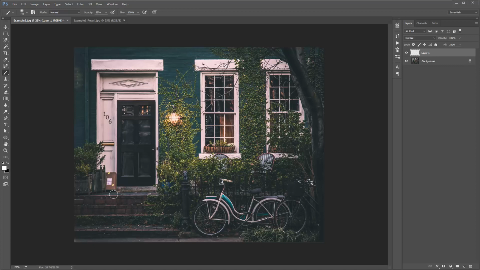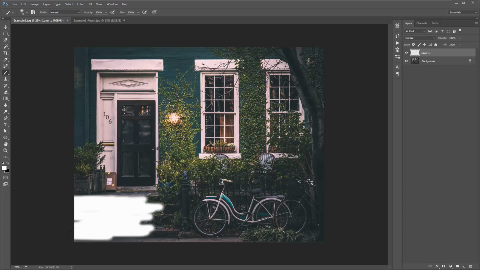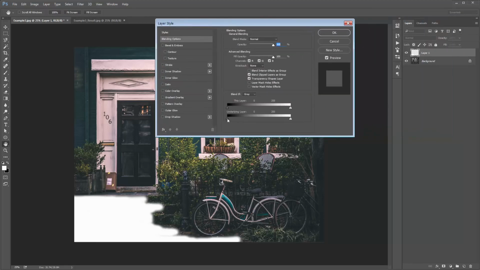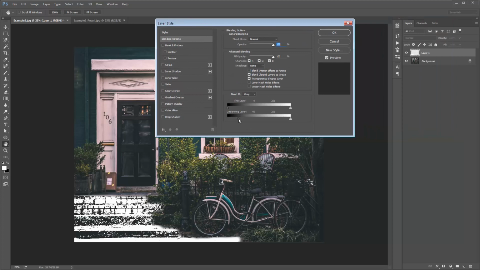And firstly, we're going to work on this in sections. So we're going to focus on the stairs here first. So I'm going to just make sure my opacity is at 100%. Going to start brushing white over the stairs. Okay, and we'll go all the way down to the footpath. Stop about there. Okay, so double click on the layer and start dragging this slider here to the right, and you can see